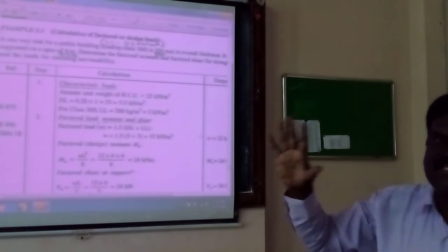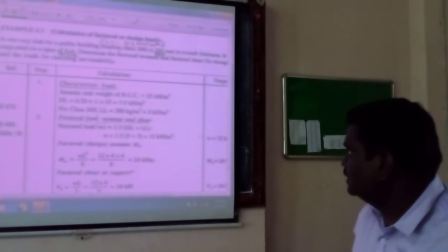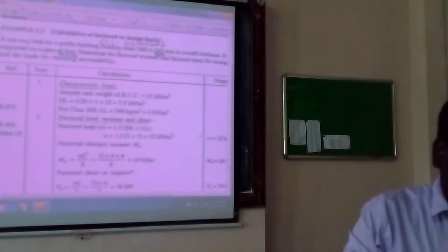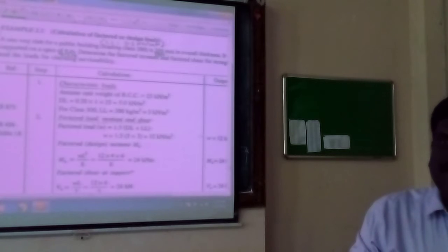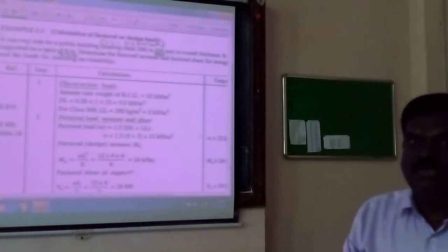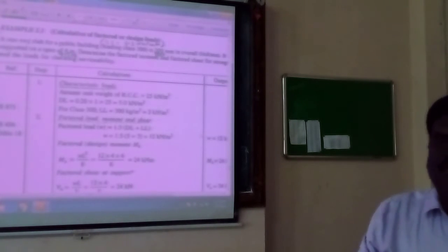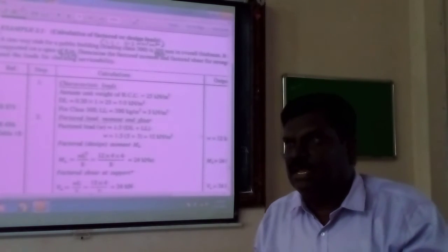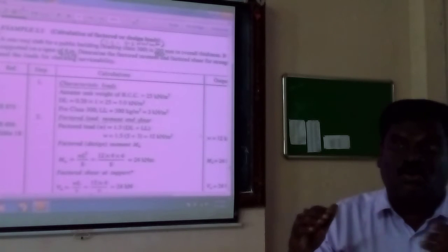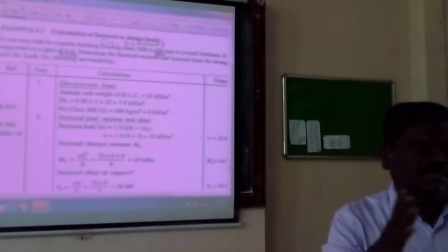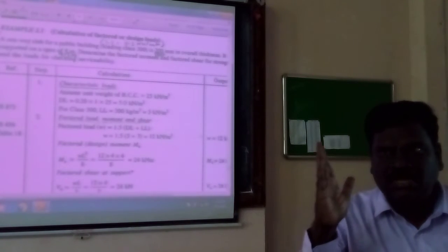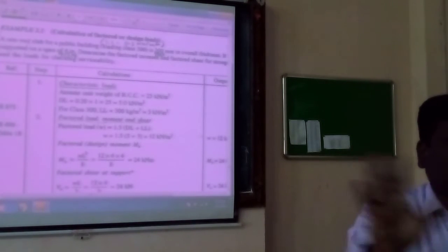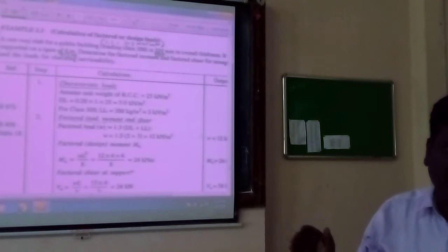Next, this is the characteristic load. What is the total? Calculate the total. 3.5 plus 4.5, how much? 8 kilonewton per meter. Total load. Better you know how to calculate total load, but don't write total load. The reason is we are going to use, sometimes, a different load factor. Normally it is 1.5 only. In the code the load factor is 1.5 for dead load and live load. Total load you don't need to write. Doesn't matter, if you want to write, no problem.